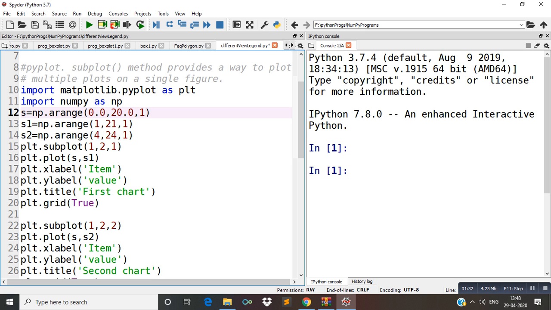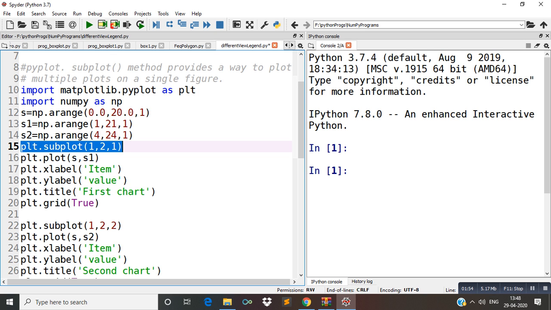Now let's try to understand the meaning of this given program. Here, first of all, I want to show you line number 15 where I have used plt.subplot. This is a very important and different function used in this program.